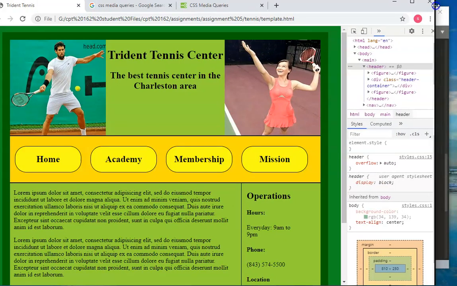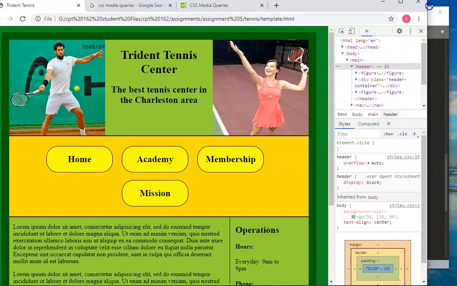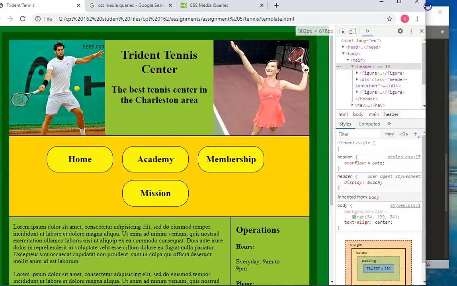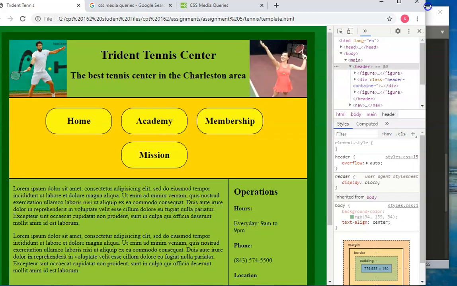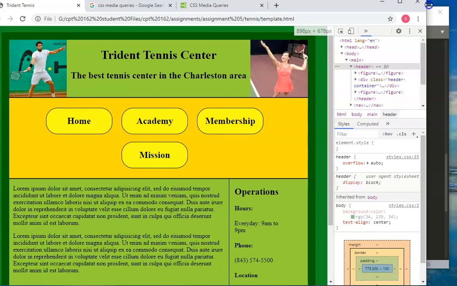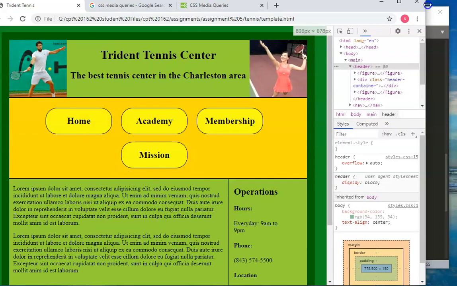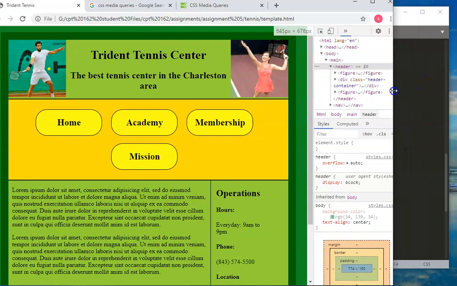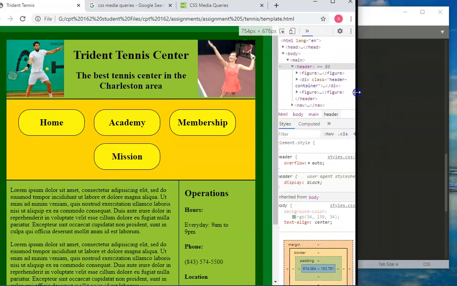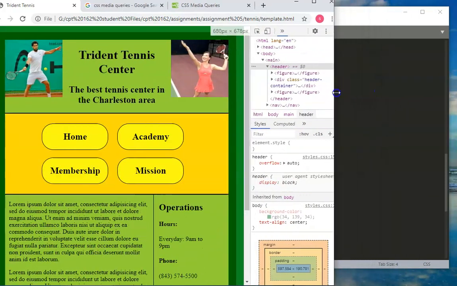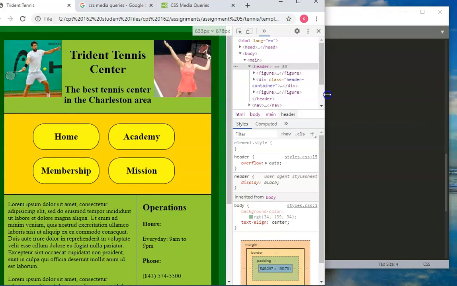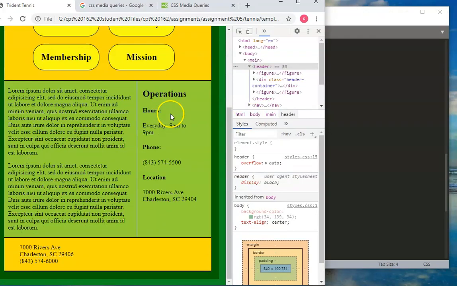So what we want to do now is start bringing it in. See, 933. Once it gets to 900, there it is. Once it gets to 900, it's okay. 900 is the media query. Once it gets below 900, boom. Now the pictures are smaller and have more area for this text. So that makes a lot more sense going down. And then if we keep moving down, keep moving down, at a certain point,